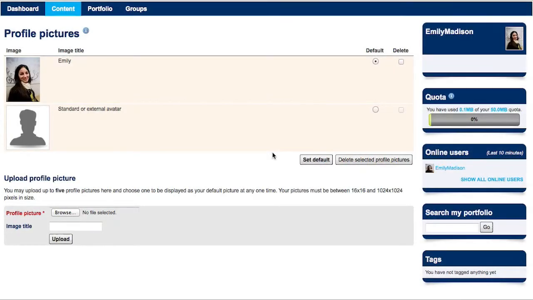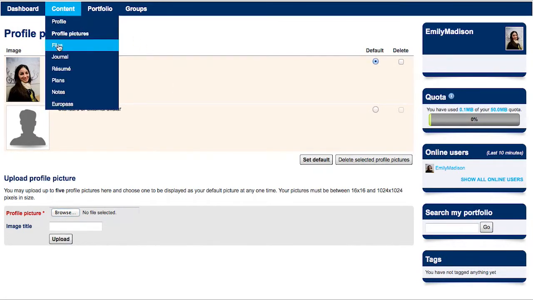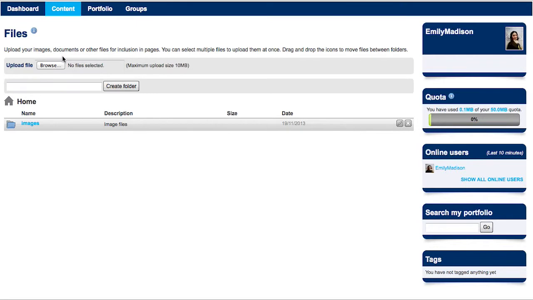Uploading a file. Through the platform, you can upload images, documents or other files, provided that each of them isn't bigger than 10 megabytes. In the menu bar, hover with your mouse over Content, and when a drop-down menu opens, click Files, third item. The Files page is shown, where the Images folder is already created, since your personal picture you just uploaded is